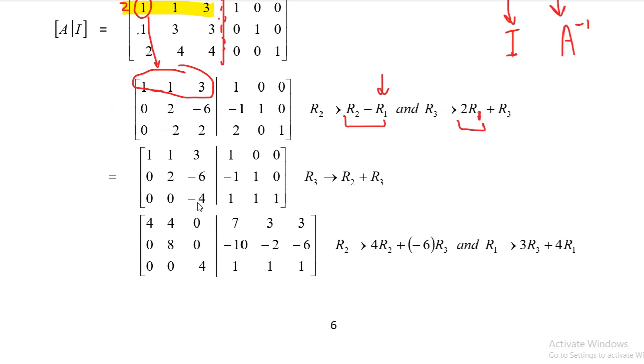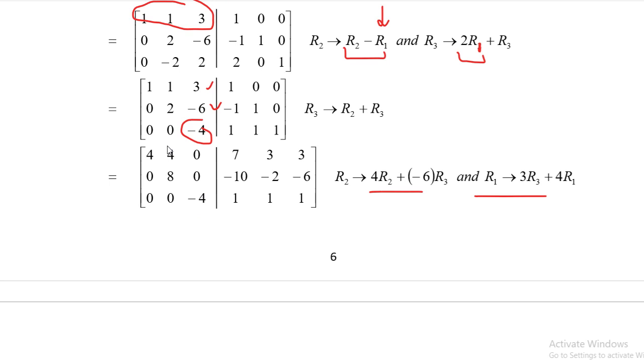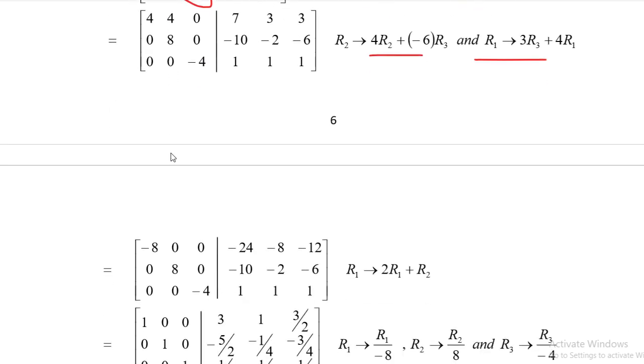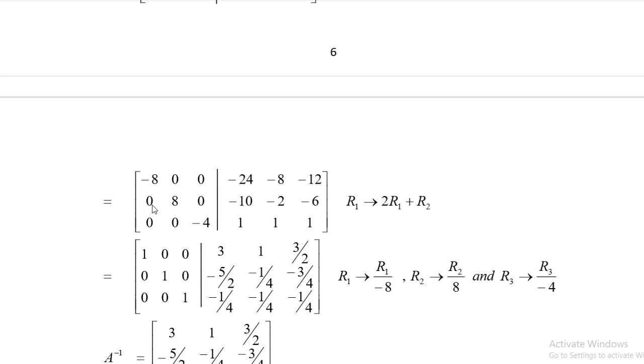Okay, similarly now you needed 0 here and here. So what he did, he divided this by 4 and added multiple of 6 here, divided by 4 and added multiple of 3 here. By using this 4, they made these two zeros in this step. Okay, in this step we made these two zeros, but I have to make this 0 as well. So you can divide this by 2 and add it here, it will become 0. Okay, so now zeros are in place. But 8 8 4, we don't need it.